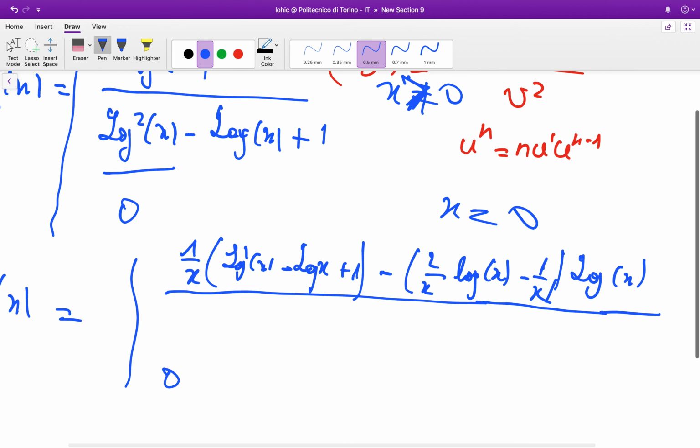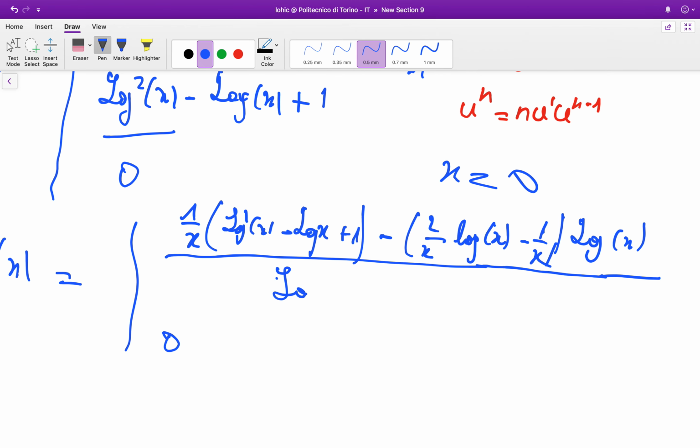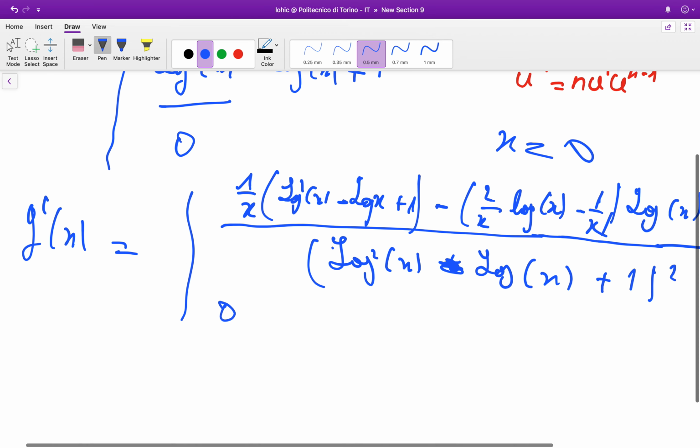Now all this will be divided by log square of x plus log, minus log of x plus 1, all square. Okay, then next step,